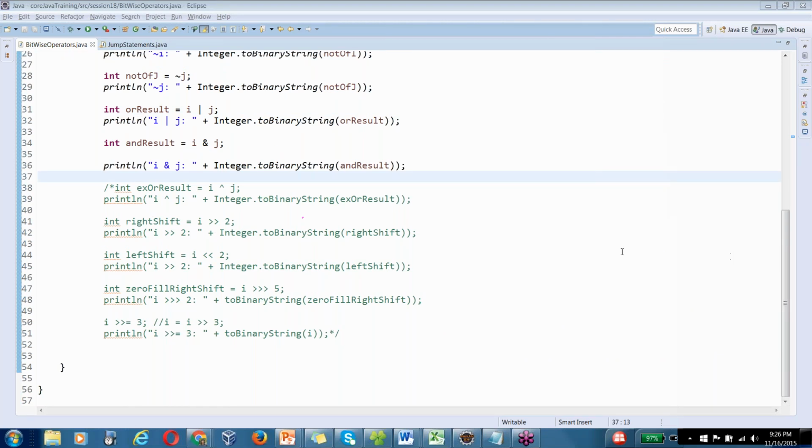Yeah, he is telling bitwise operators deal with machine language, I believe. Okay, he is telling bitwise operators operate on machine language. Yeah, in some way you are correct. Okay, so what exactly is happening here is